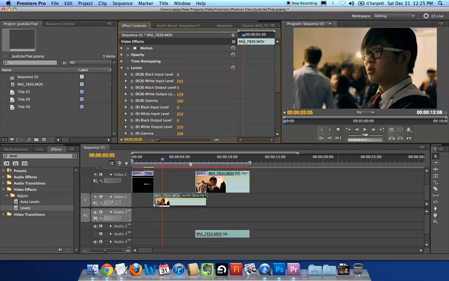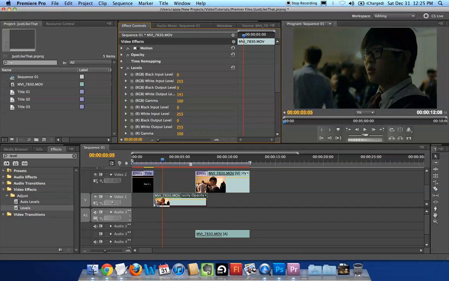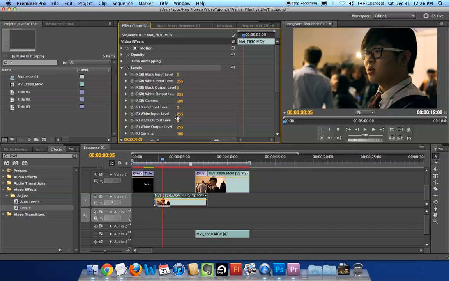So you shoot a video and you come and reduce this. It might sometimes look like it's shot in the dark. You just have to play around with these levels, increase this a bit, reduce this really down, and you can get a slightly dark video. And if you don't like anything, just reset it to the previous setting.